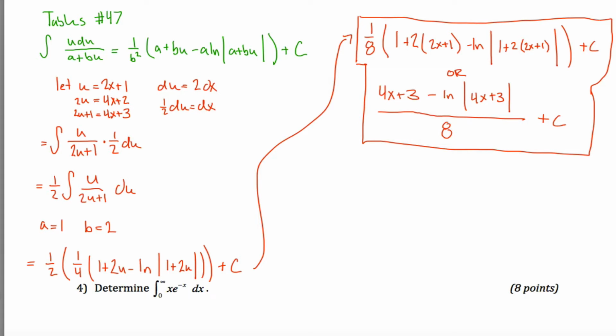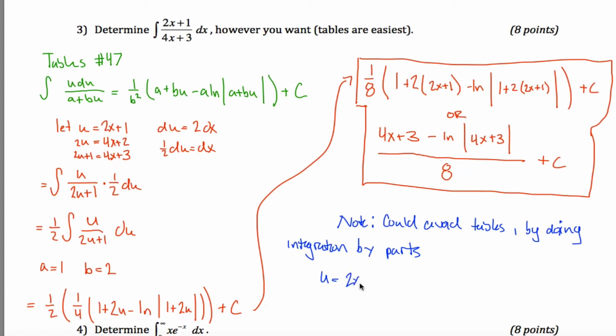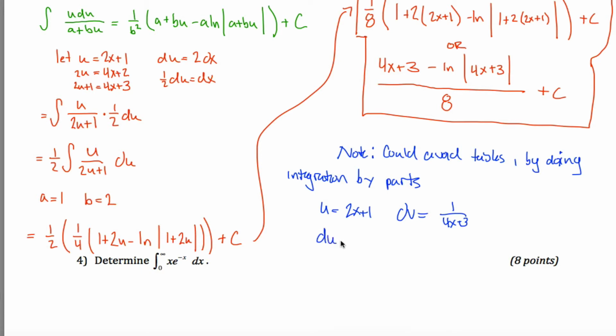Maybe just as a note, you could avoid the tables by doing integration by parts. But it ain't pretty. You make u equal to, here's my original equation, 2x plus 1, and therefore dv must be equal to 1 over 4x plus 3. So then I got du is equal to 2 dx, and v must have been equal to, well, let's see,